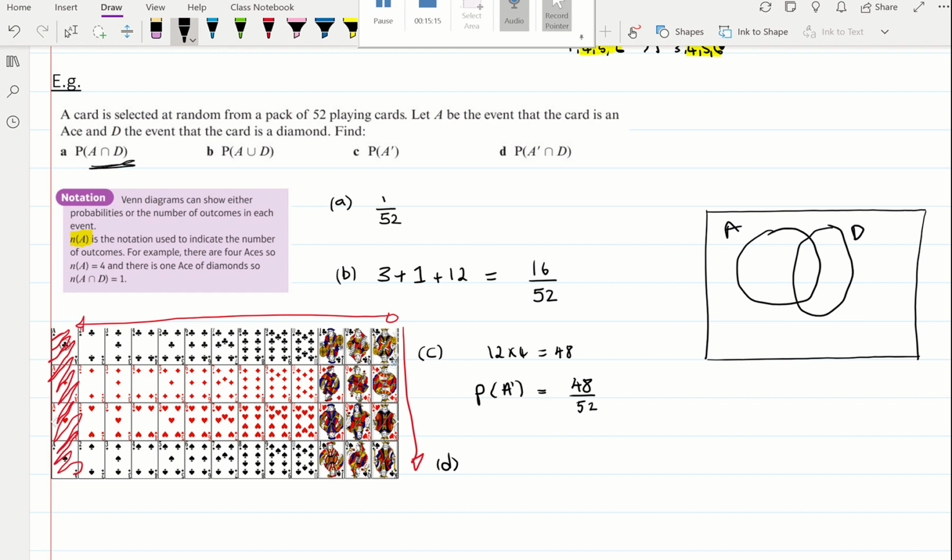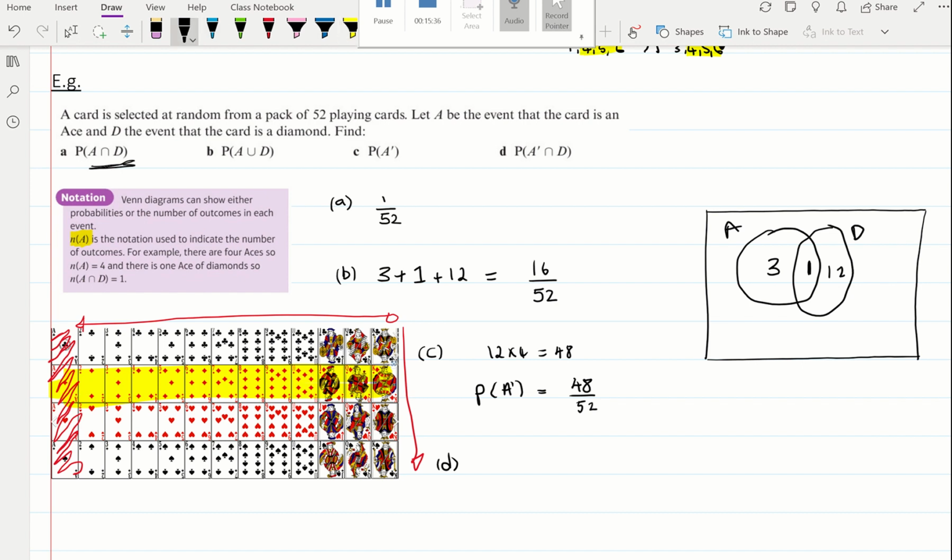So I know that A is 4 cards. One of them is here, 3. And I know that D is 13 cards. One of them is in the intersection, so that the remaining is 12. Once I've done all of A and all of D, okay,